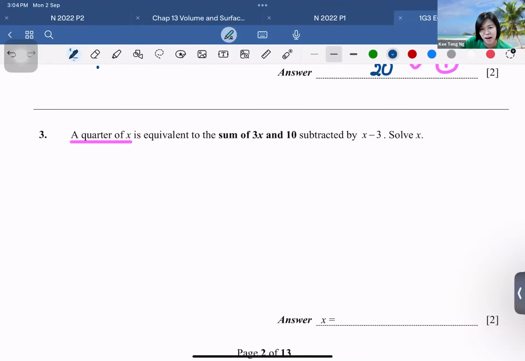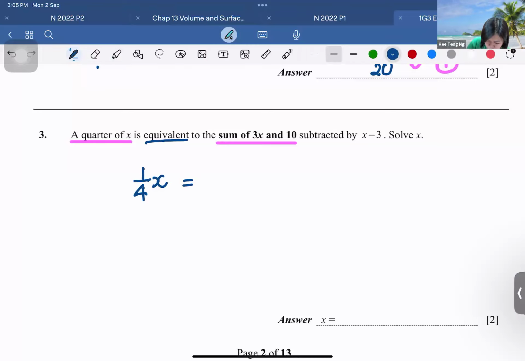When I do algebra, I don't like to do decimal places. Can I put a fraction? Divide by 4. Yes, thank you. It's the same as 0.25x, but I prefer to write it as 1/4 x, 1 over 4x, or x divided by 4. Okay, any more participants? All right. And equivalent means equal to